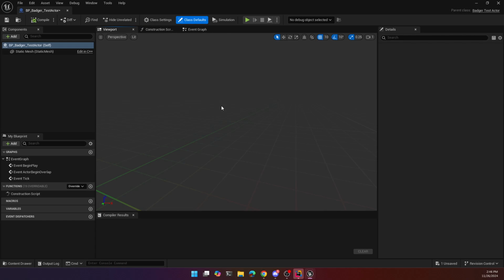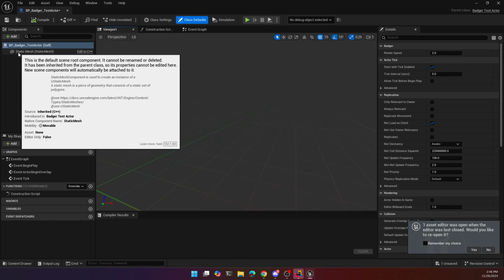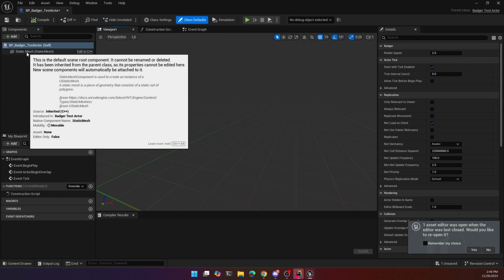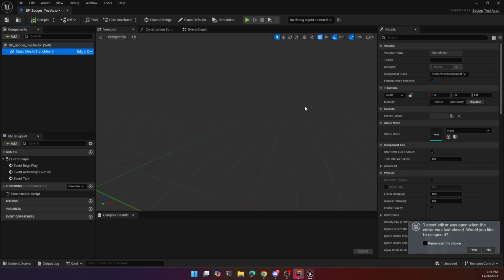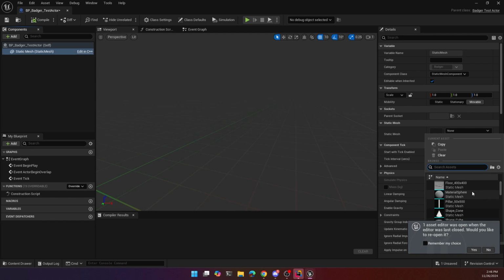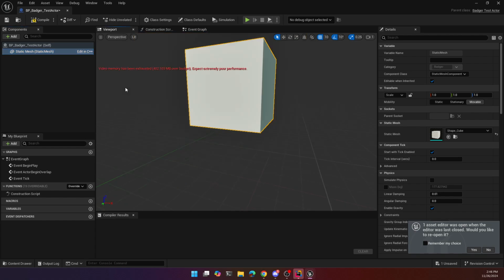And what you'll notice is we already have a static mesh component because we created a property of static mesh component type and we initialized it. So the static mesh component is already there. I don't need to add it. So I can come in, click on that static mesh component, and I can set a mesh. And this time I'll just take the cube. Okay. And if I click on the root here,